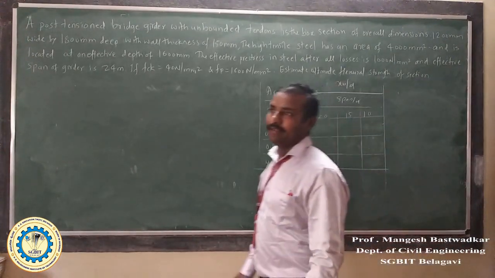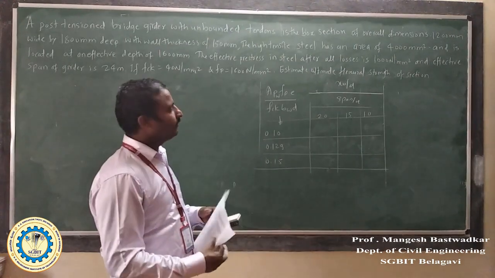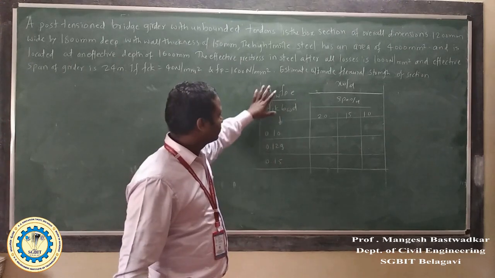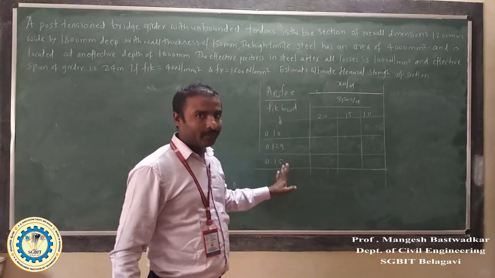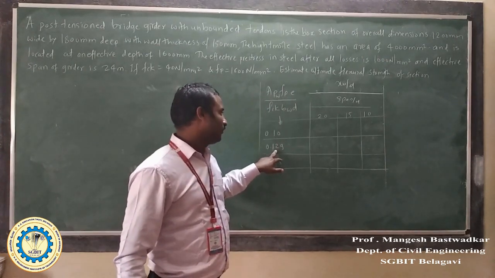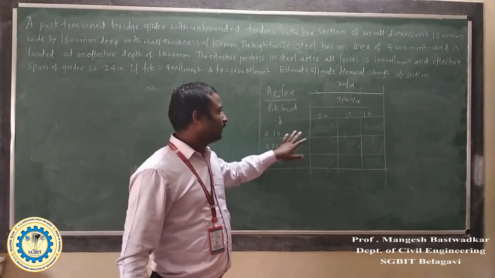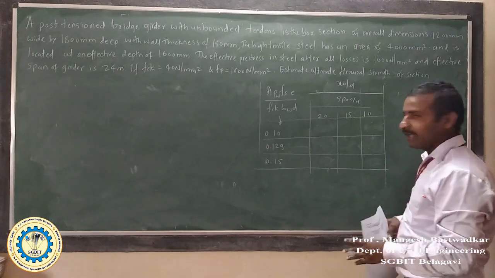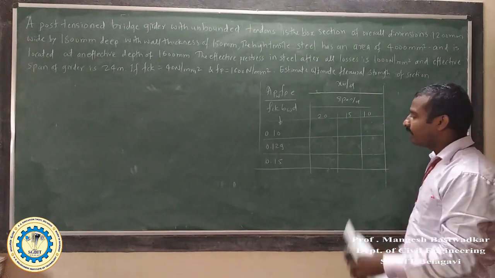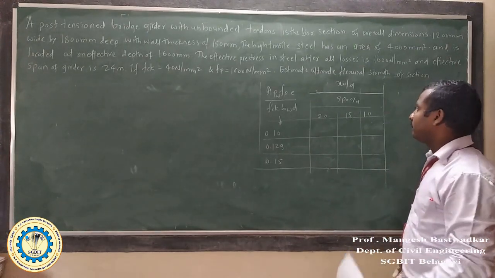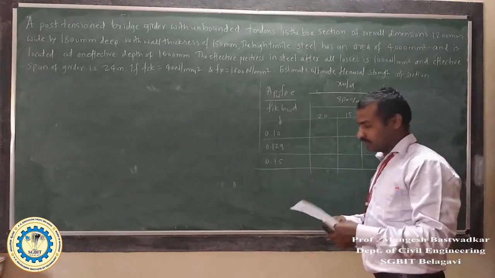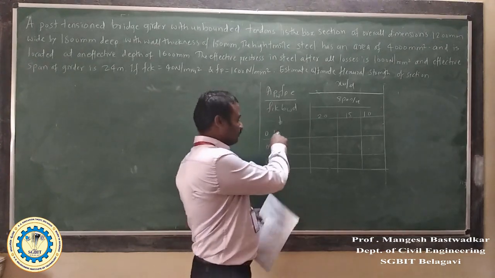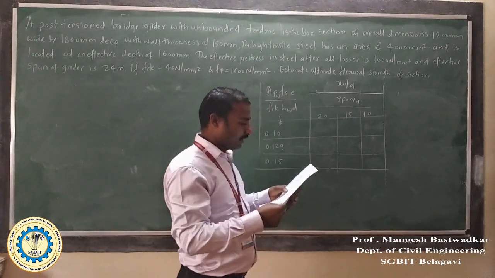Similarly, we will obtain the value of XU by D from the same table, number 12, IS 1343. So this is the effective reinforcement ratio. We have got 0.129, and for span by depth ratio 15, we have to obtain the value. Similarly, here double interpolation is required. So here we will write the values for span by depth ratio 20 and effective reinforcement ratio 0.1.